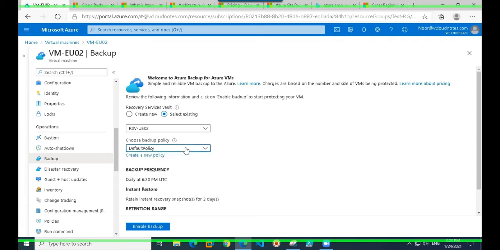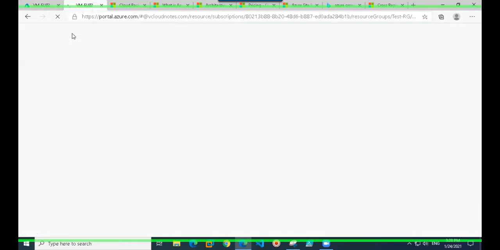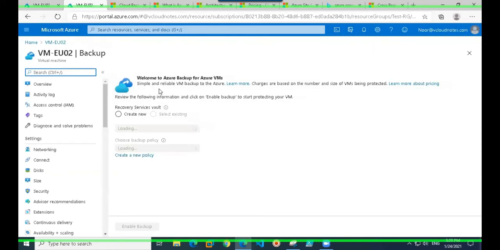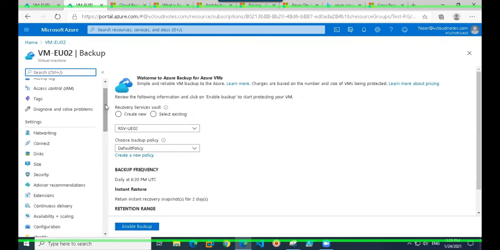In case you don't want, and in most of the cases you won't use this default policy, but instead create a new policy, right? So from where you can create that policy, for that you again have multiple options, but the preferable should be either from that Azure Backup blade or the recovery services vault blade, right? So let me open a new tab, a duplicate tab. So ideally, I should have configured it before going to the VM and configuring for backup.